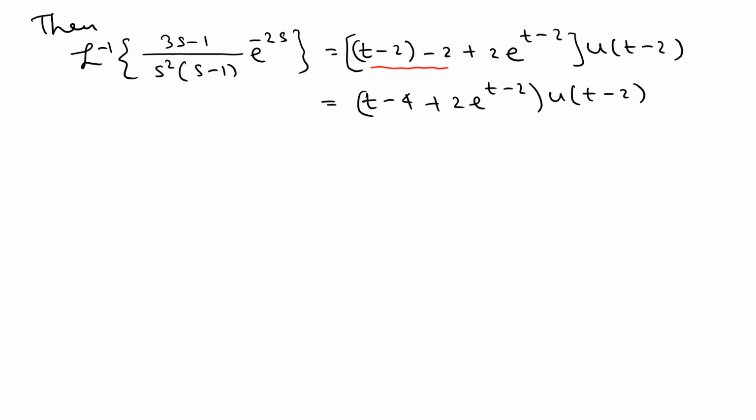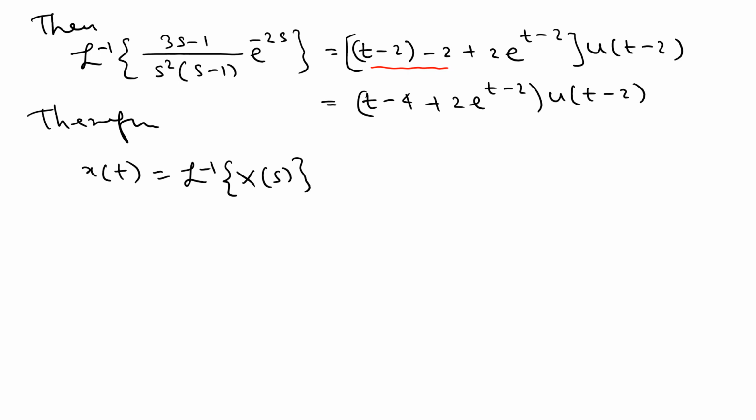Okay, good. Now what we can do is write the final solution, because we only considered the first part. Remember, there was a 1 over s squared part we already have there. So that means we can write the final solution. So therefore x of t, which is the inverse of X of s,